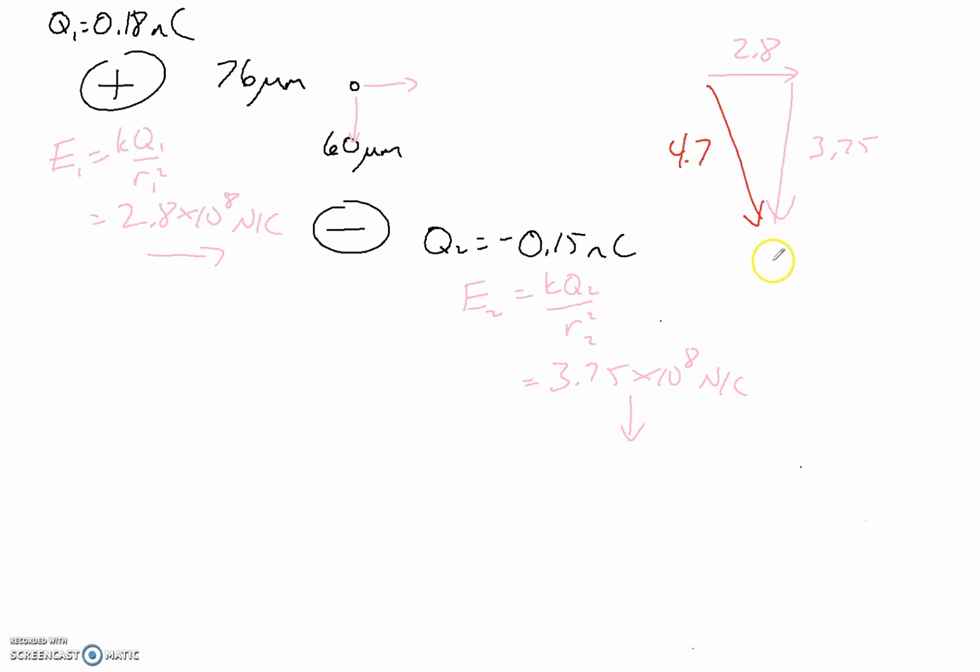So my electric field would be 4.7 times 10 to the 8 newtons per coulomb at, we need the angle as well, of course, so inverse tan would work really nicely for that. So we'll use the 3.75 and the 2.8, and then we can find out that the angle in there is around 53 degrees, and since it's going down, we'll say negative 53 degrees. So that would be